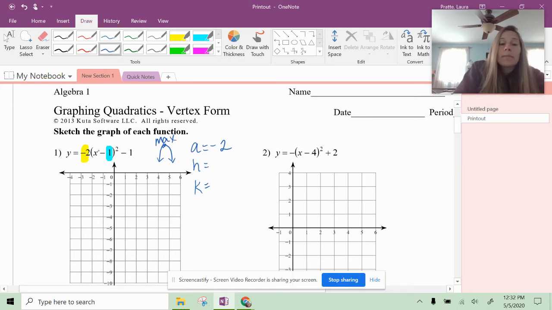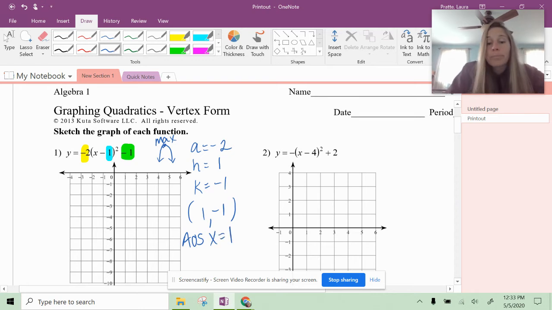And remember, it's always the opposite sign of what you see, so that's going to be a positive 1. And then my K is going to be a negative 1, which would mean my vertex is going to be 1, negative 1, and my axis of symmetry is x equals 1. So now I'm going to go ahead and graph that point, 1, negative 1,